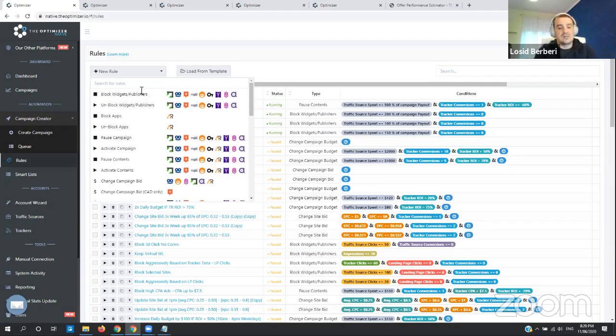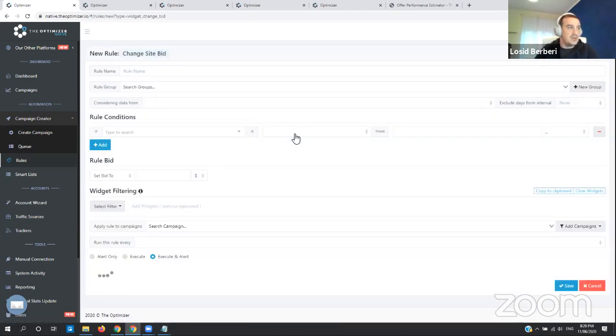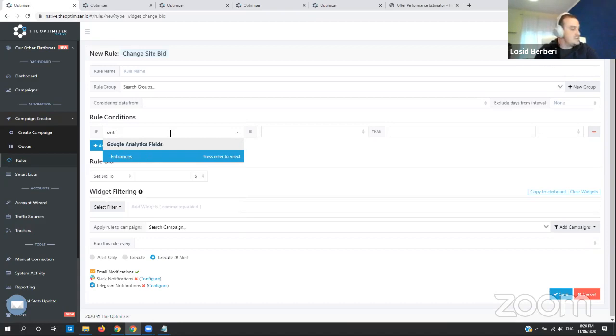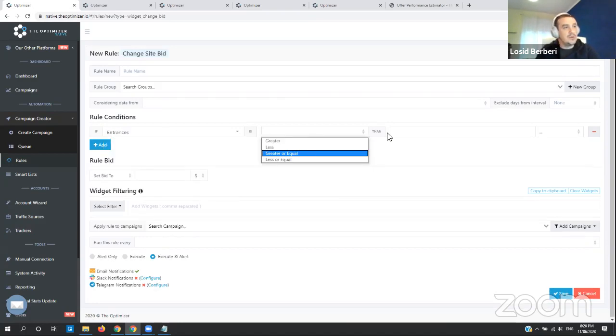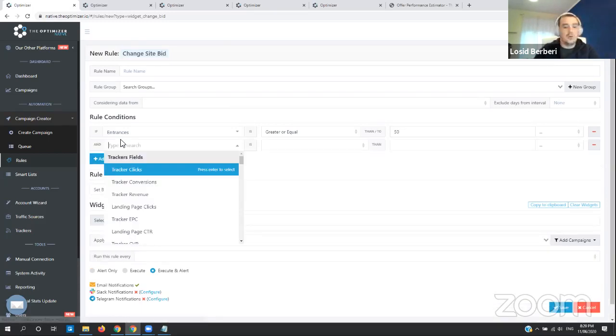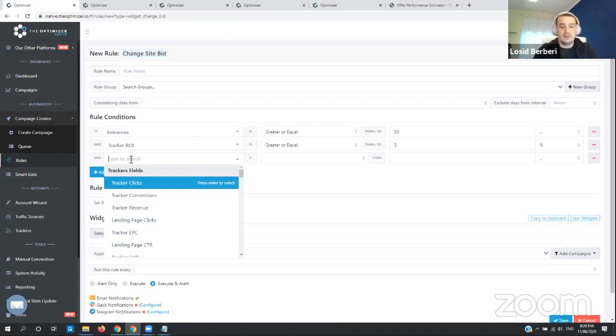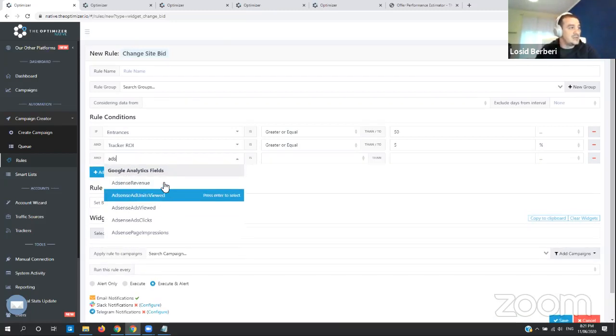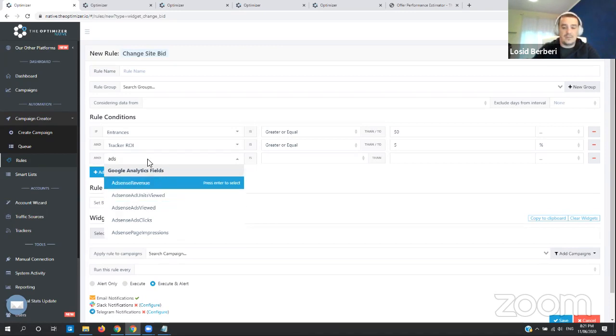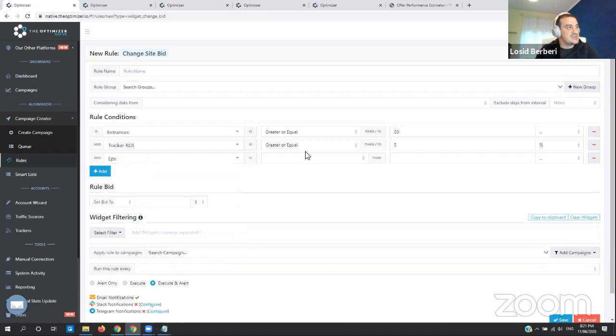In that situation, if you go on the site level bids or widget bids, you would say that if entrances are greater or equal to 50, and the ROI of the tracker is greater or equal to 5%, and you're having AdSense earnings per view or earnings per session greater than a specific amount, let's say 35 cents or 45 cents,